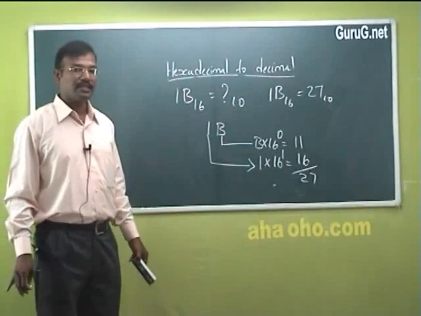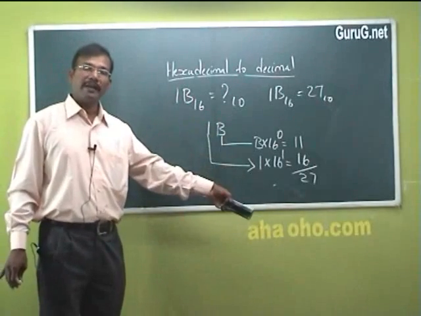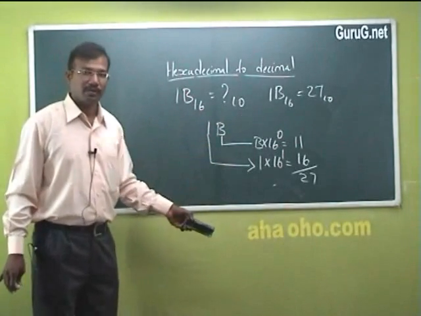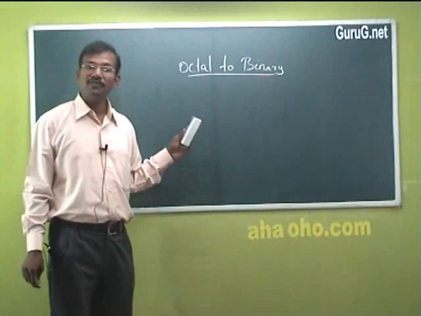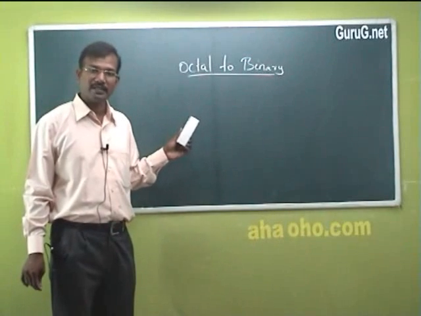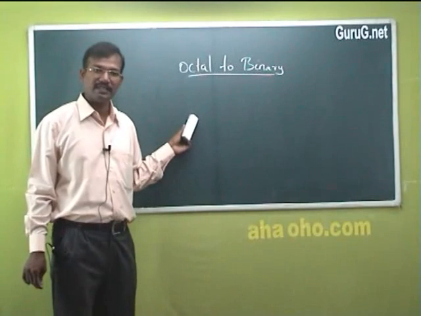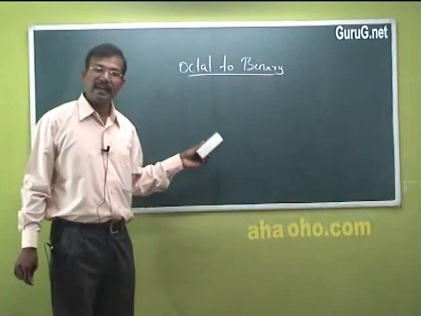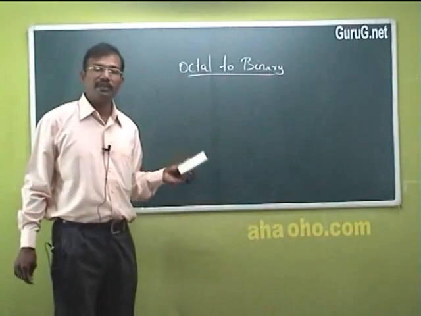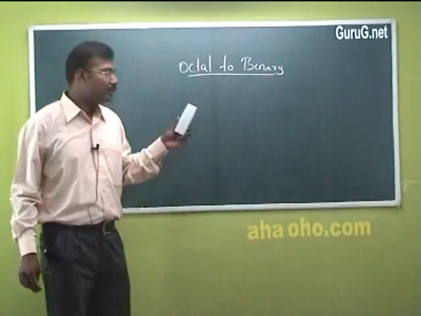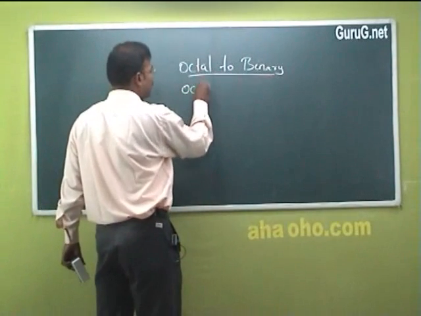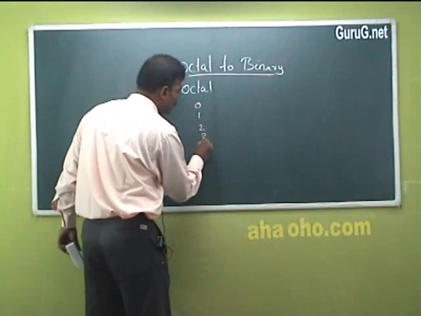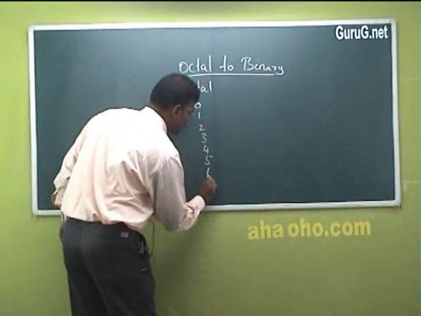Next thing that we are going to discuss is how the octal can be converted to binary and how the hexadecimal can be converted to binary. These are the two things that we are going to discuss. First we will see the finite set in octal. Octal has totally 8 different digits, and what are the equivalents of these 8 digits in binary. First we will discuss that, and after that we will go for the octal number to binary conversion. Here you can just see the octal digits. It will be starting from 0, 1, 2, 3, 4, 5, 6, 7.